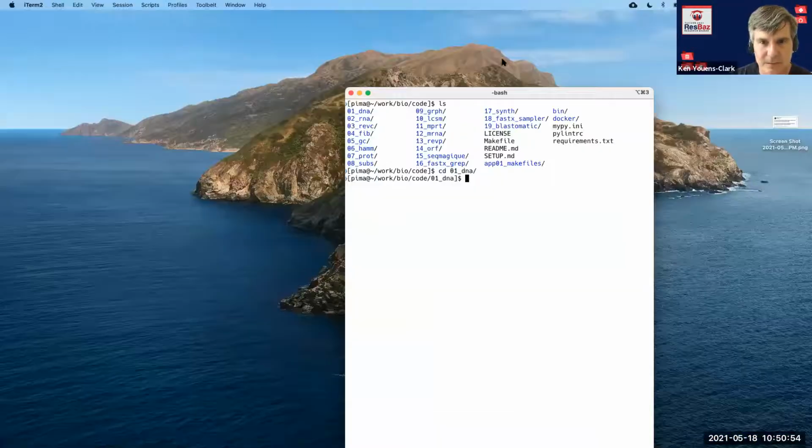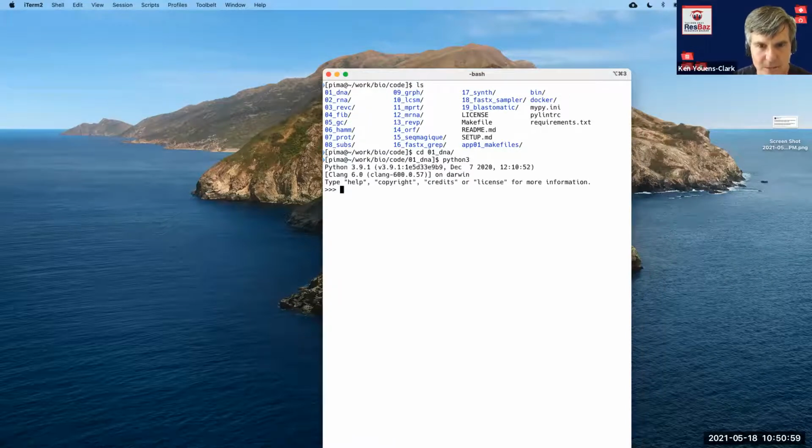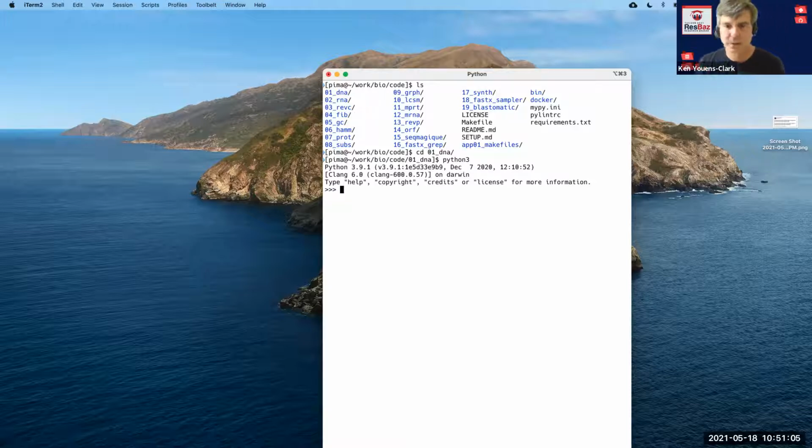So here in iTerm, if you type python3 all by itself, you should get something like this, just an interactive interpreter that is a little similar to RStudio. You can just start up R, and you can just type in commands in R and create data structures and then look at them and evaluate them. So this is very much the same kind of a thing. It's just a console for entering Python code.